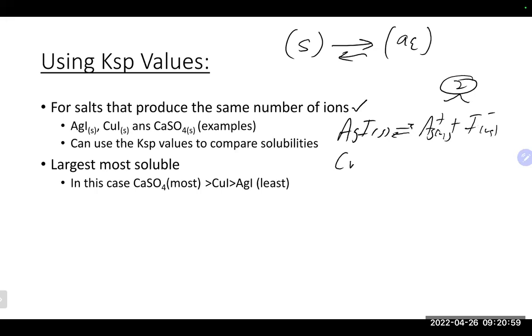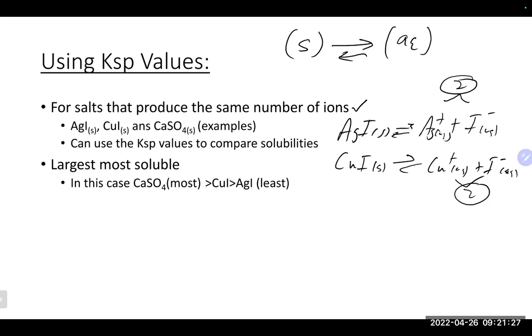If you take copper 1 iodide, it produces a copper 1 ion and an iodide, also 2. And calcium sulfate gets you 1 calcium and 1 sulfate, which is 2 ions. In a case where you're trying to compare solubilities of things that produce the same number of ions, you can use the Ksp values directly to do that. The one that has the larger K value